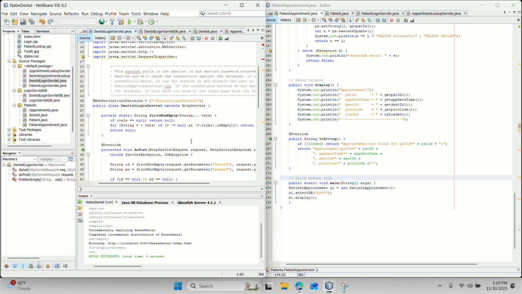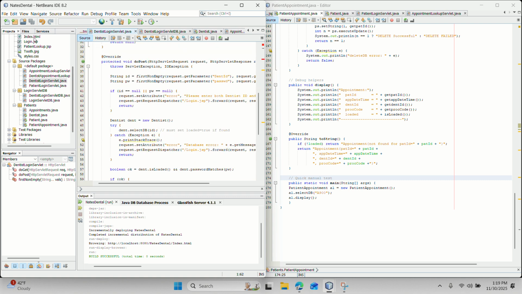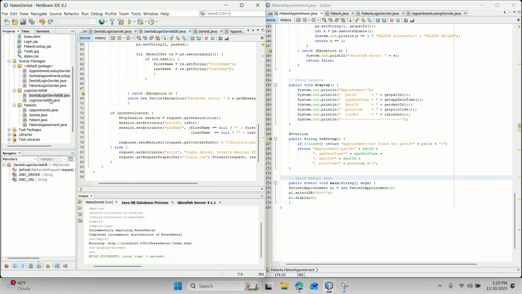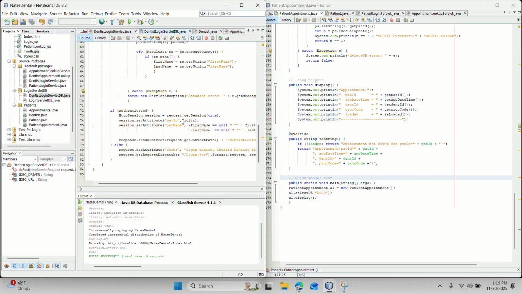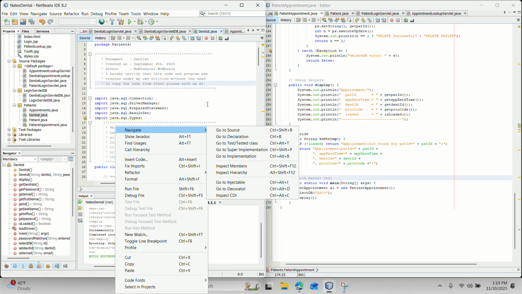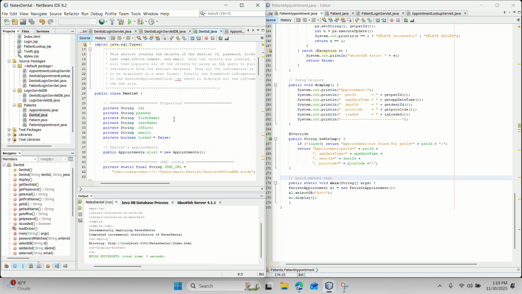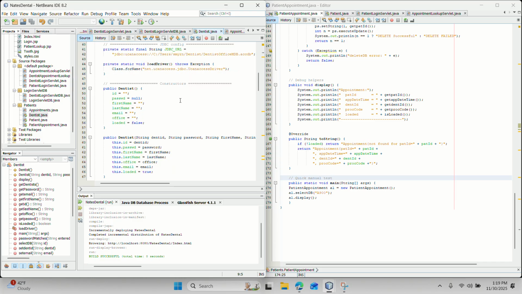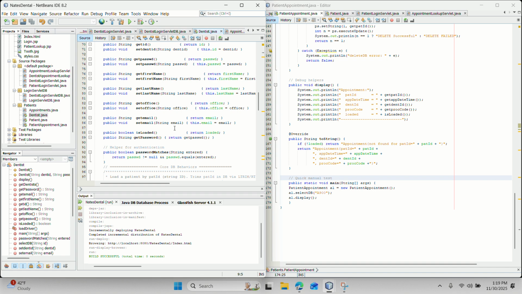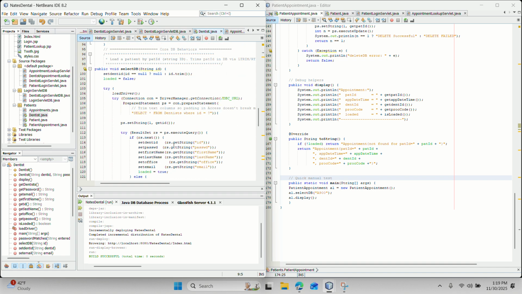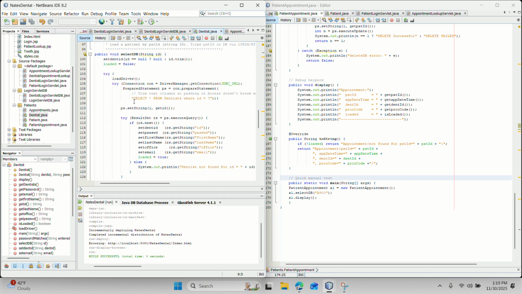I guess actually the dentist login servlet pulls the information from the login.jsp, puts it into variables, and then it will check it with the dentist login servlet database. So here it checks it against the database. If it authenticates, then it will put it down into the dentist.java page. From the dentist.java page, we create our objects here: ID, password, first name, last name, email, office, loaded, and we actually pull the information we need